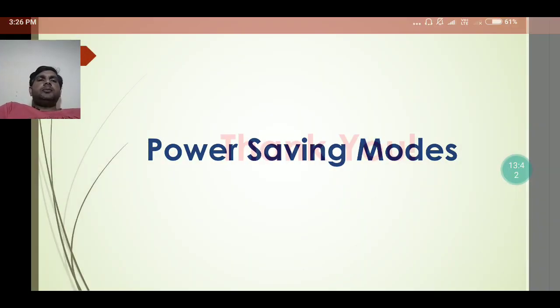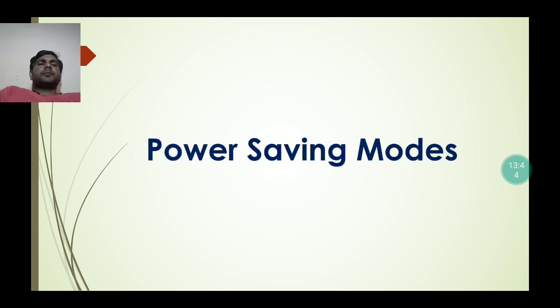Next we discuss hibernate mode. In hibernate mode the computer shuts down completely. But before shutting down it stores all the programs that we were currently using on the hard disk. Then when we start our system again, all the programs that we were using will be resumed. So this is the difference between sleep mode and hibernate mode. So let's see how to hibernate our system to improve our power plans.